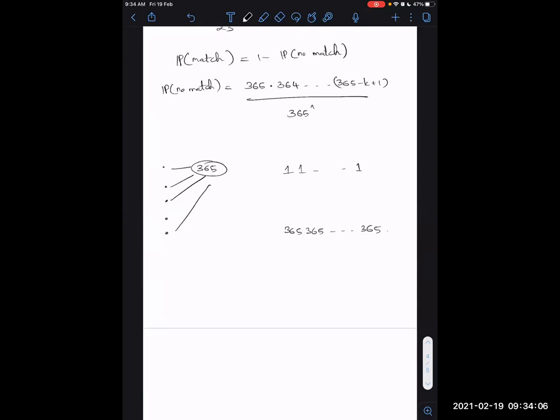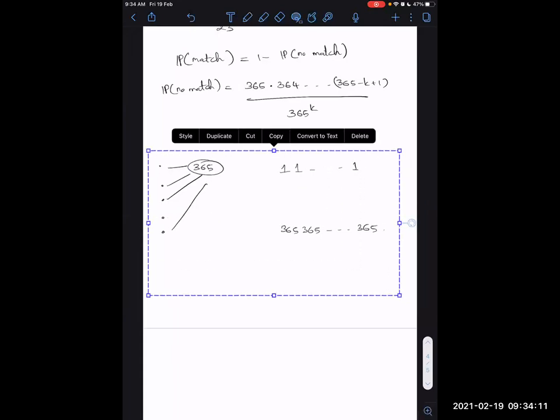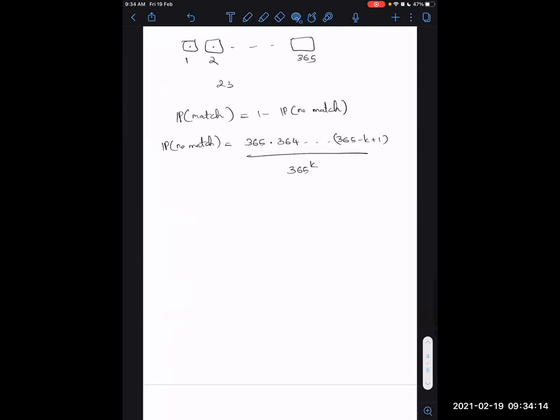So 365 to the power k. That's good. I hope everyone understands why the denominator is 365 to the power k, because there are no constraints, and the numerator is just the multiplication rule applied. We just need to know the number of possible ways students can have birthdays without constraints. There are k people, so 365 to the power k. Is it clear? Each person is distinct here. Person A is distinct from person B, and that's why we can apply the multiplication rule. Okay, fine.